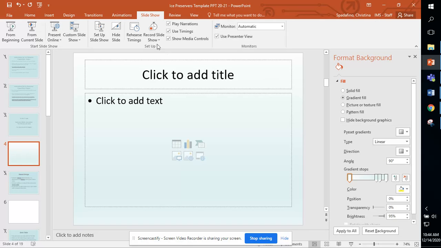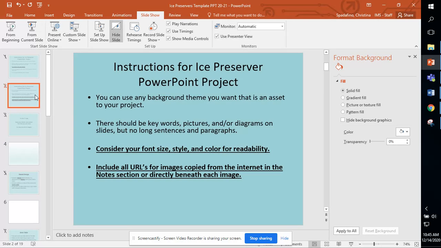And you are always welcome, if you're in slideshow, you get this format background. You can play with the design, use time while you're waiting for the ice cube to melt, in between measurements, even the first day of class. If you have your device built, go ahead and figure out what kind of fonts and colors you want to use. But again, muy importante, your font size, your style, and the color has to be readable. If it's not readable, I can't grade it.